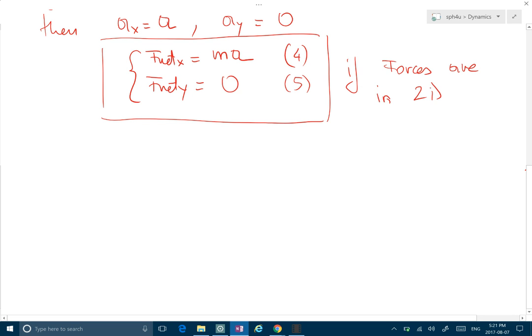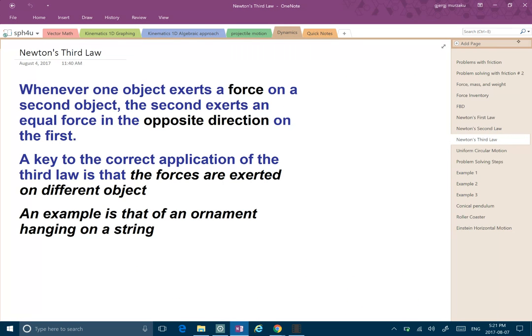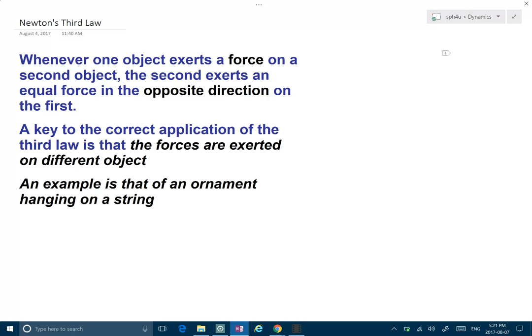Okay, so which means you have forces in more than one direction. If you have only one dimension, forces acting just up or down or left and right, you don't really need components. Okay. And lastly, before we do some examples, let's talk about Newton's third law. All right. Newton's third law, I'm sure that we've dealt with it since grade 3, probably. Pretty much is that